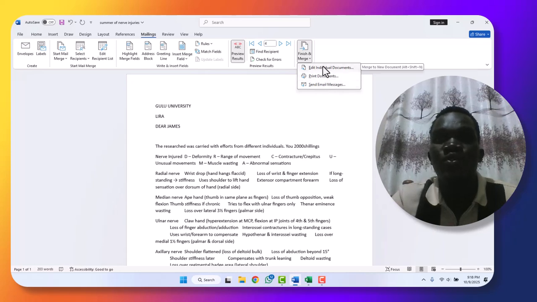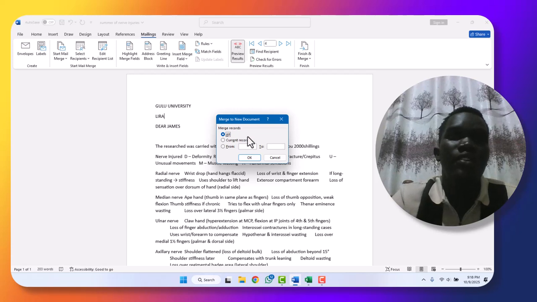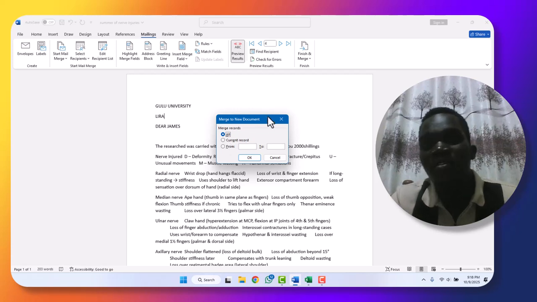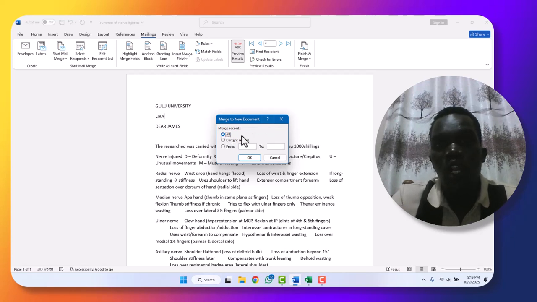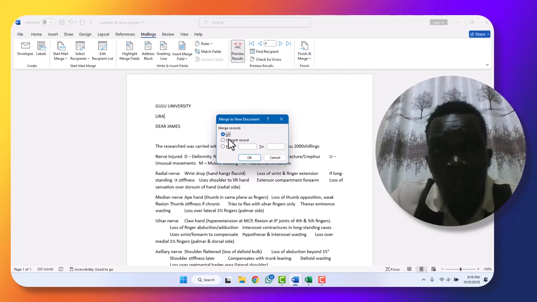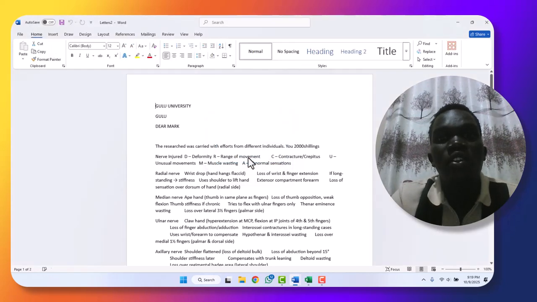So we are going to choose edit individual documents. So the merge records, we have all. That means you have to select all. And then current record, it says that one which is on the monitor currently. But for us, we shall choose all since we need all. So when you click,